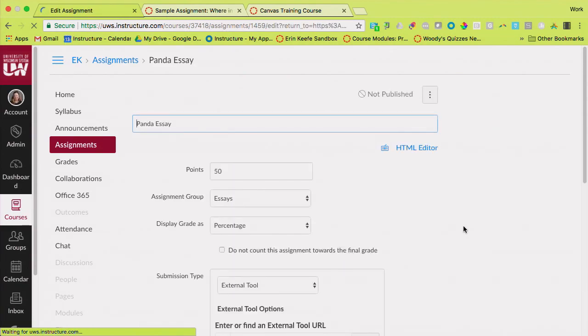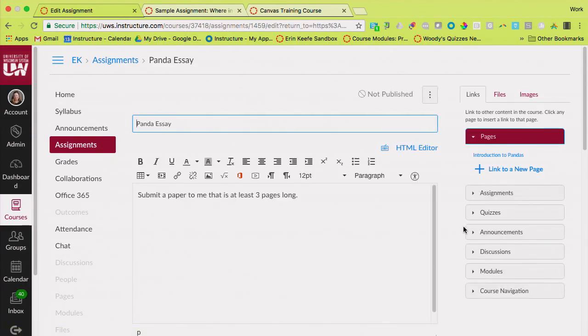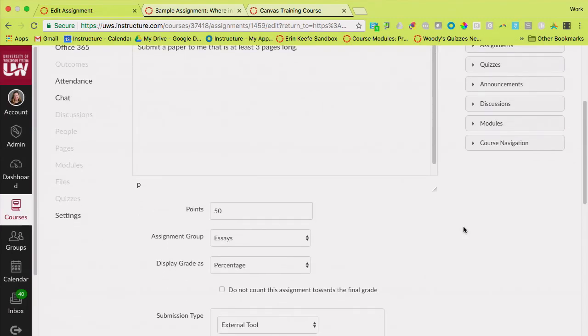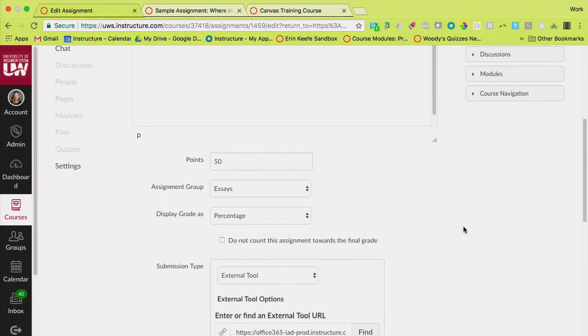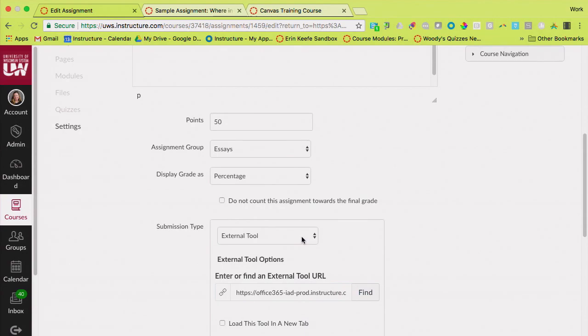So the external tool assignment type, you will use it for, there could be some other things. Was Kaltura an assignment type that you had in D2L? Like where students could use it to turn something in? I use it for speeches, just in the discussions, like an attachment. Right. Okay.